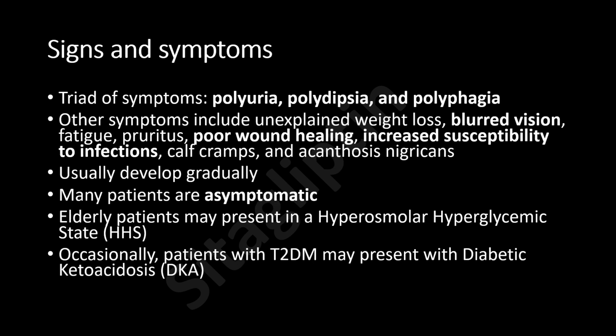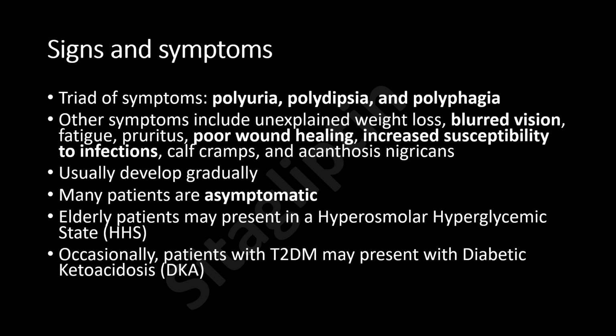When we talk about the signs and symptoms of T2DM, we actually come across a very popular triad of symptoms: polyuria, polydipsia, and polyphagia. Polyuria means increased urination or increased volume of urination. Polydipsia means increased thirst, and polyphagia means increased urge to eat. Other symptoms include unexplained weight loss. This can be due to increased production of insulin, blurred vision, diabetic retinopathy, fatigue, lethargy, malaise, laziness, pruritus,